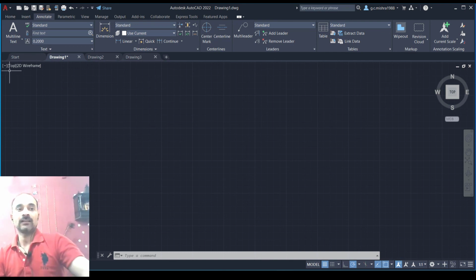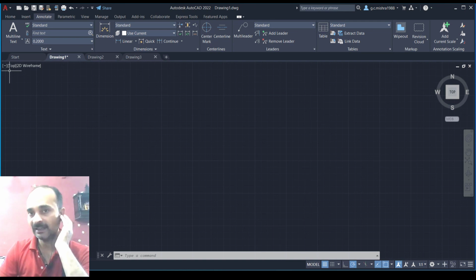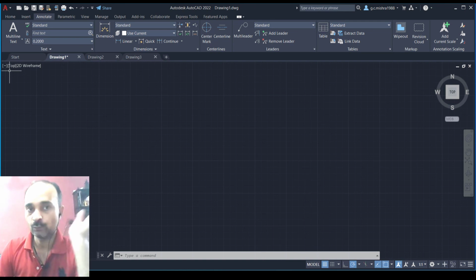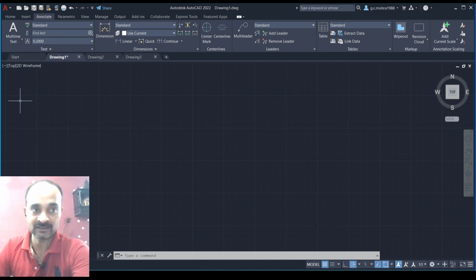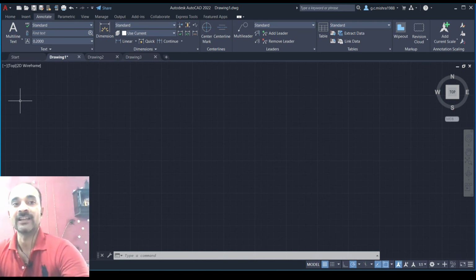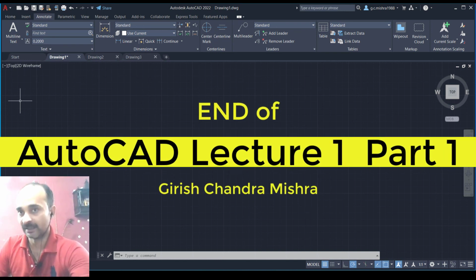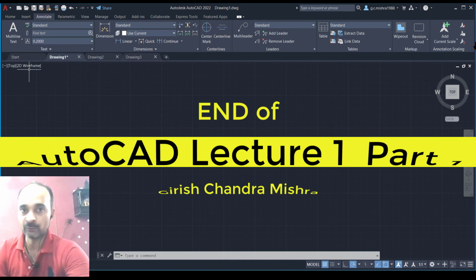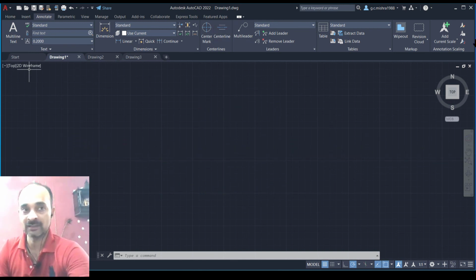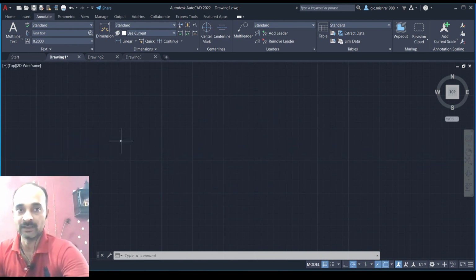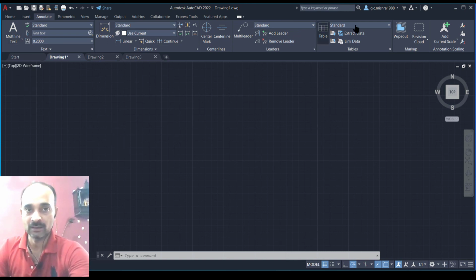It means each tab contains different types of tool palettes embedded in the ribbon. Basically, if I discuss the interface, then you will get a ribbon, you will get tool palettes, and your tool palettes will be in two positions. One is floating position and second is embedded position, that is called docked position.